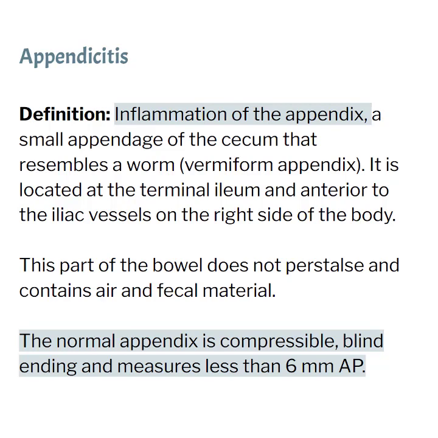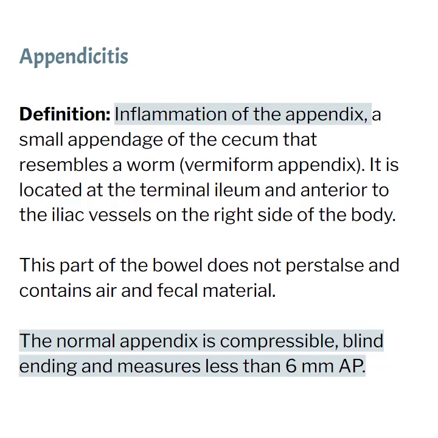If you recall the parts of the intestines, we start with the duodenum, which moves into the jejunum, and then finally into the ileum, making up the small intestine. The ileum then attaches to the cecum, which is the first part of the large intestine. So that appendix hangs right off of the cecum, right where the ileum and cecum connect. Typically, it's also going to lie anterior to the iliac vessels, and it's almost always found on the right side